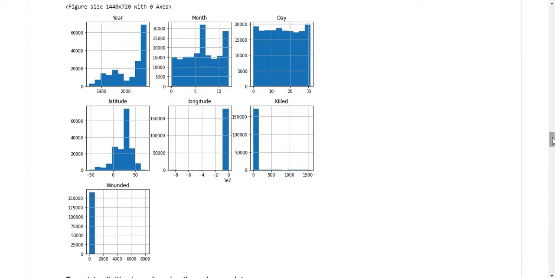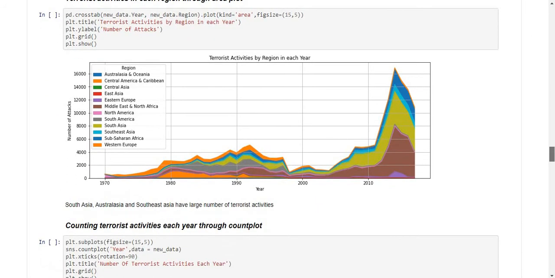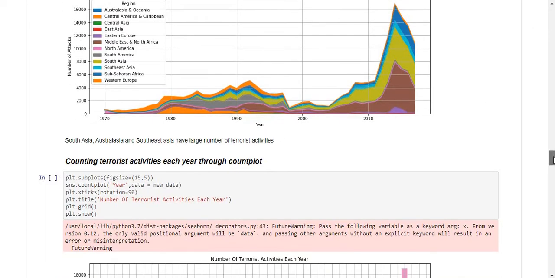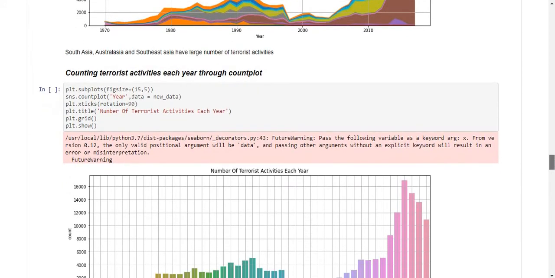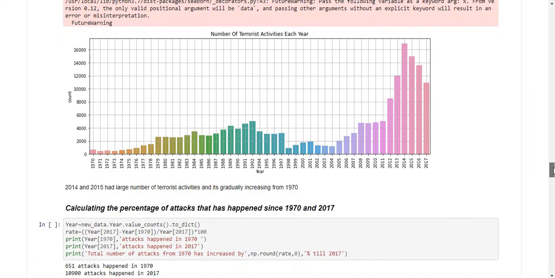Then we draw an area diagram to find out the hot zone of terrorist attacks, and see South Asia, Australasia, Southeast Asia have a large number of terrorist activities. Then we count terrorist activities and plot this from year to year, and see in 2014 and 2015 a large number of terrorist activities happened.